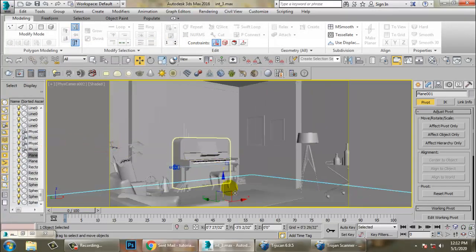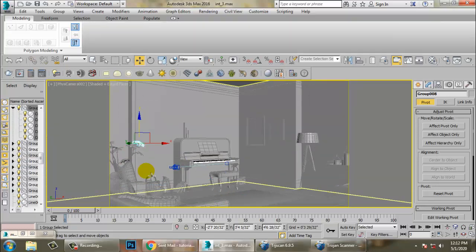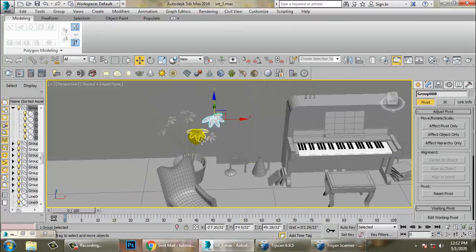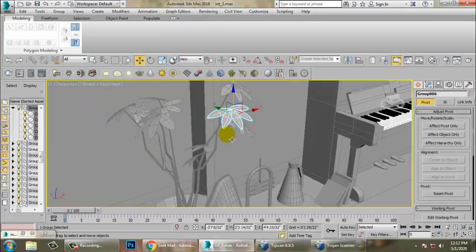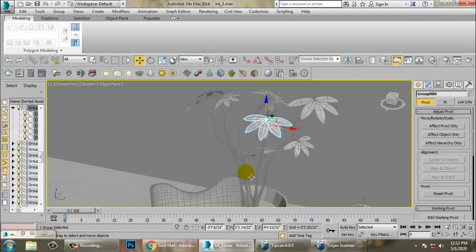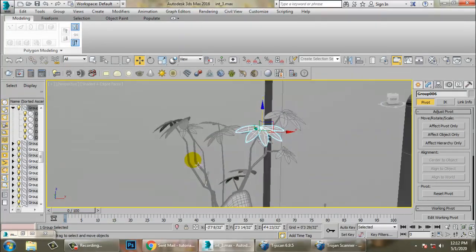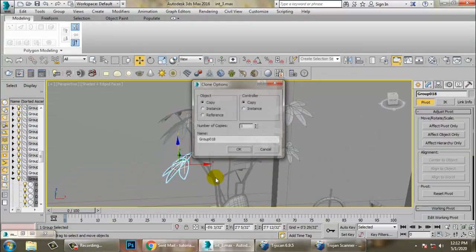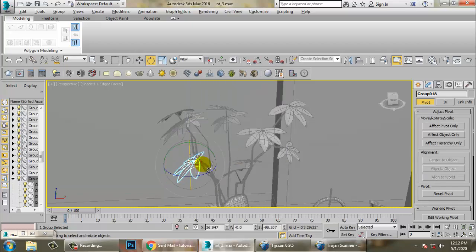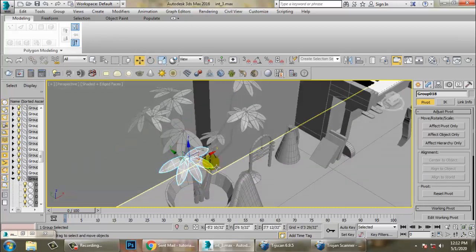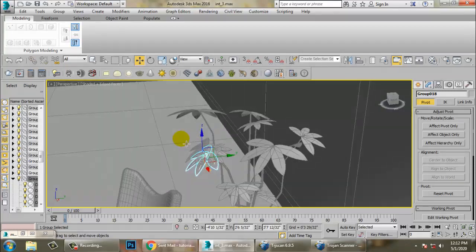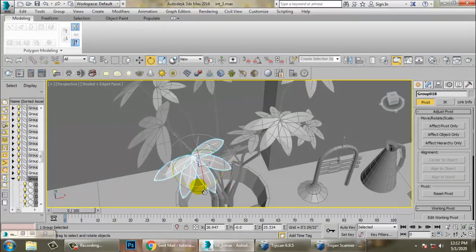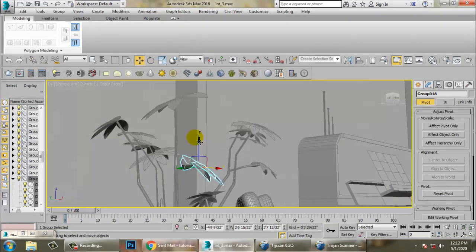Now you can see we have generated these leaves. I just made it more uneven. While texturing it, we'll just texture one and we'll make a copy of it.